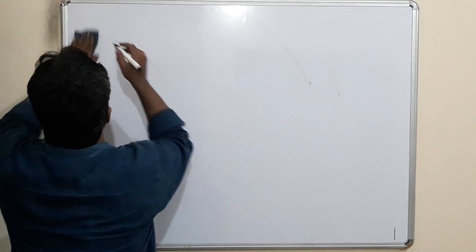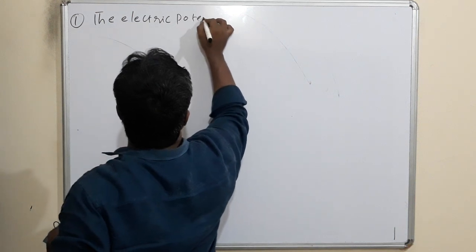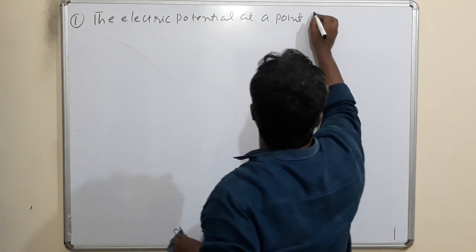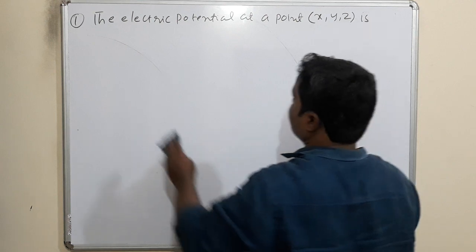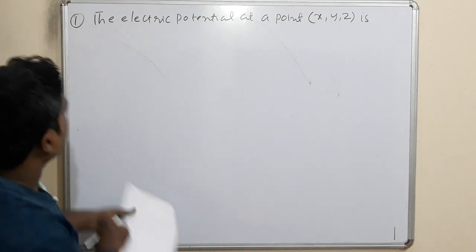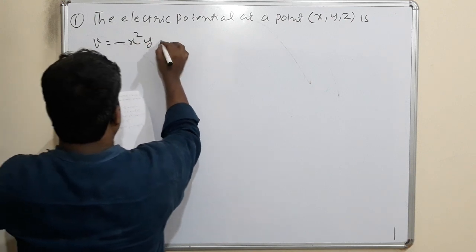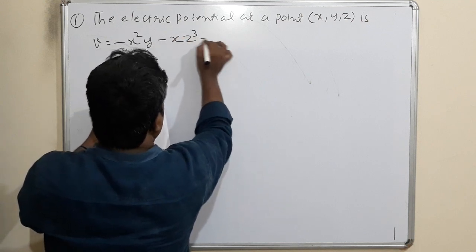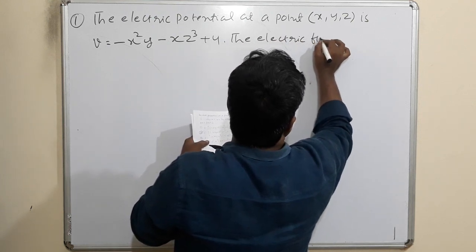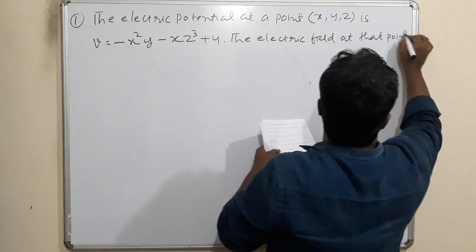This is the first example. The electric potential at a point x, y, z is, this is the question I will write, V is equal to minus x square y minus x z cube plus 4. The electric field at that point is